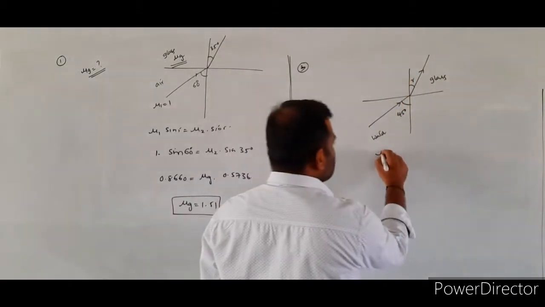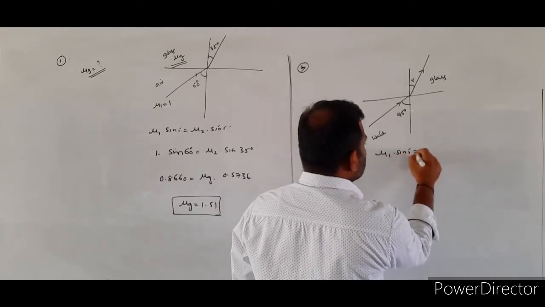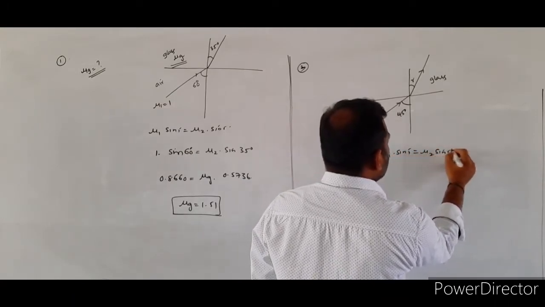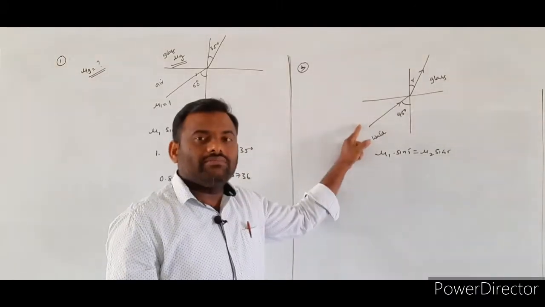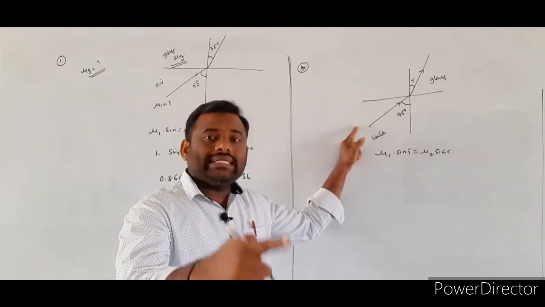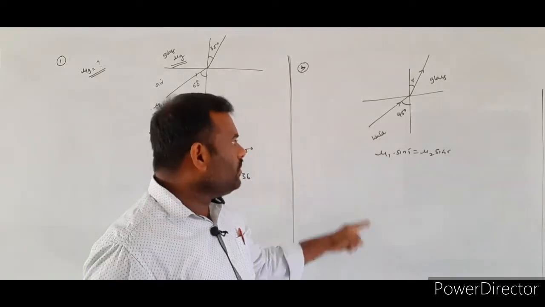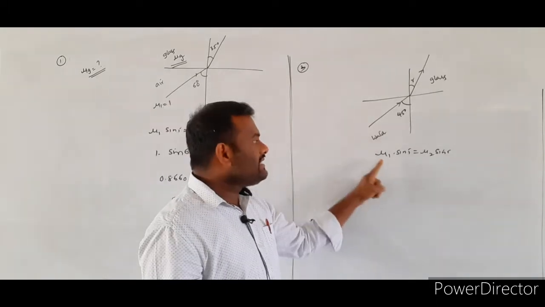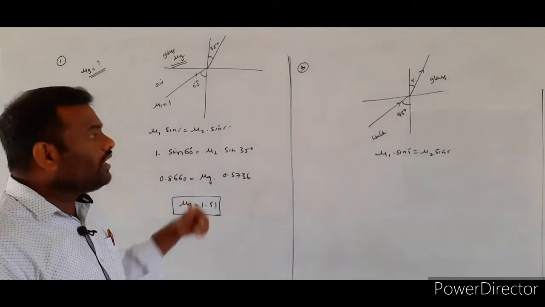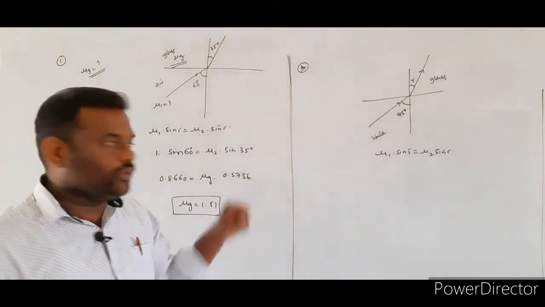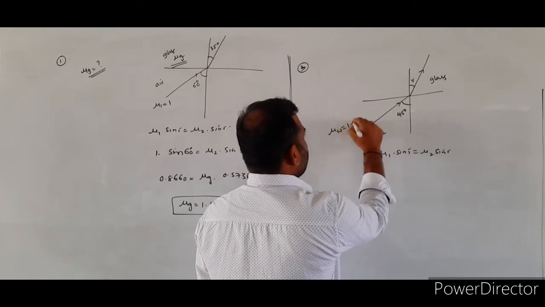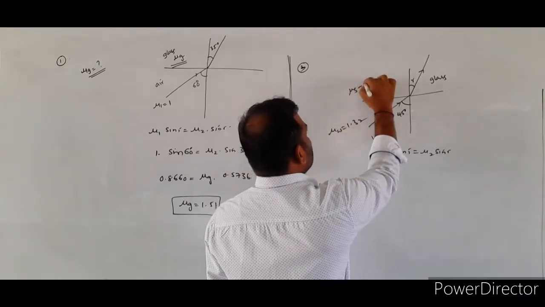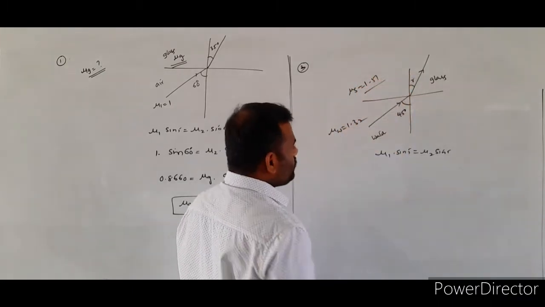Again we apply Snell's law of refraction. Mu1 sin I is equal to mu2 sin R. What is the first medium? Where the incident light is present, that is taken as the first medium. So the first medium will be the water medium. Its refractive index, which you already derived, is 1.32, and the refractive index of the glass is equal to 1.51.